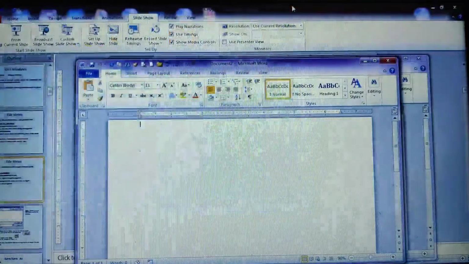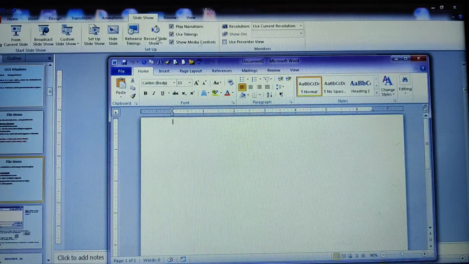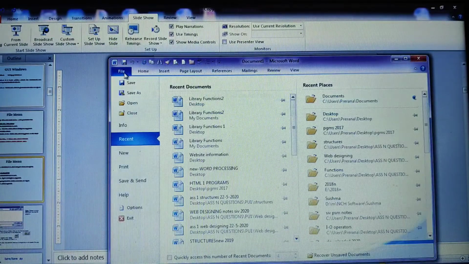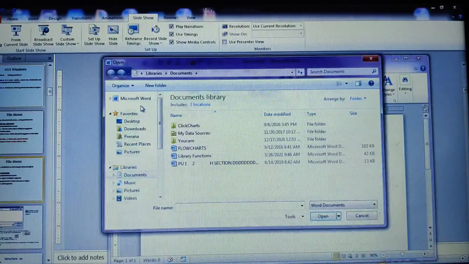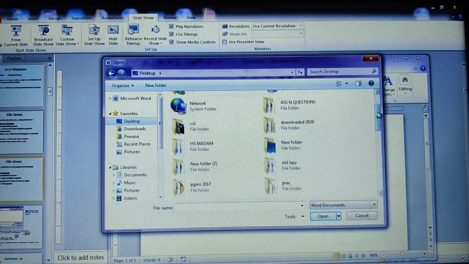Now, the next step is how to open an existing file. So click on File, then click on the Open option here. When you click on the Open option, you need to choose the location from which you want to open the file. Open will allow you to open an existing file from a particular disk or drive.